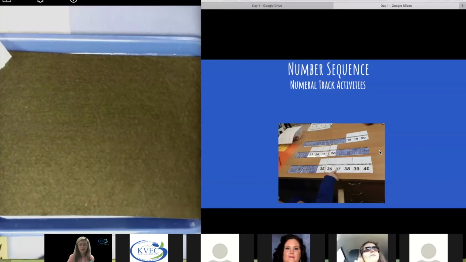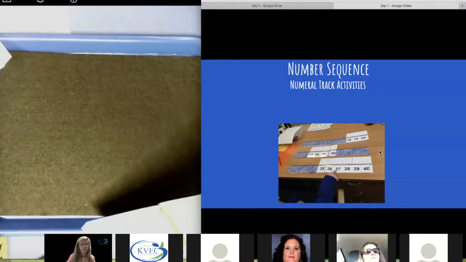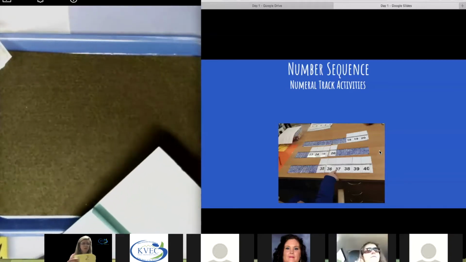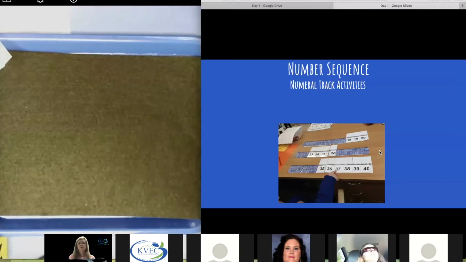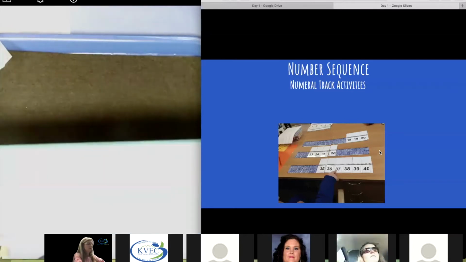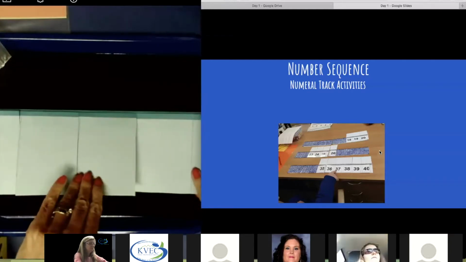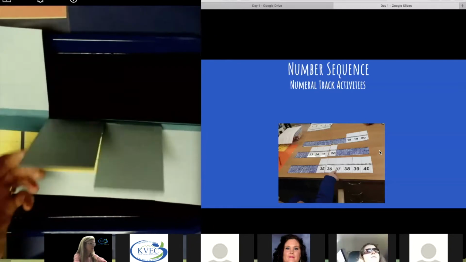And then I just took sentence strips. When I was in the classroom, I did laminate those because they were used a lot, because we changed them in and out a lot. So I just used a sentence strip. I'm going to lay this down here and show you what we did with numeral tracks. So, first of all, we would just start 1, 2,